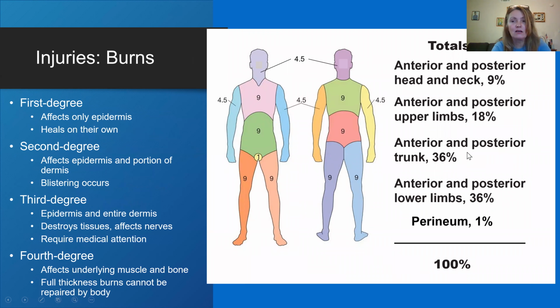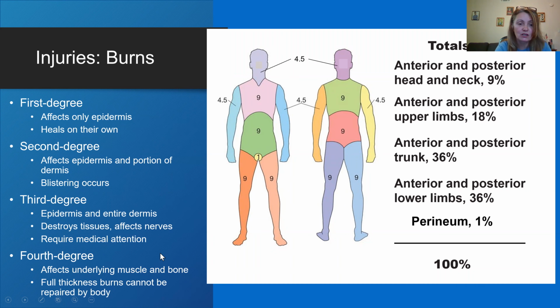Burns. So we have several burns of different degrees: first, second, third, fourth degree. First degree affects only the epidermis and heals on its own. Second degree is where you have blisters, and it affects the epidermis and some portion of the dermis. Third degree affects the epidermis and entire dermis, destroys tissue, affects nerves, and requires medical attention. And fourth degree, when we have even muscles and bones